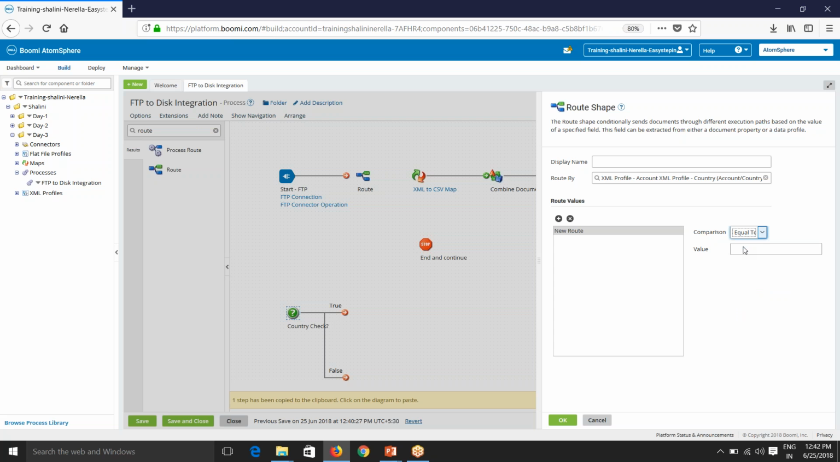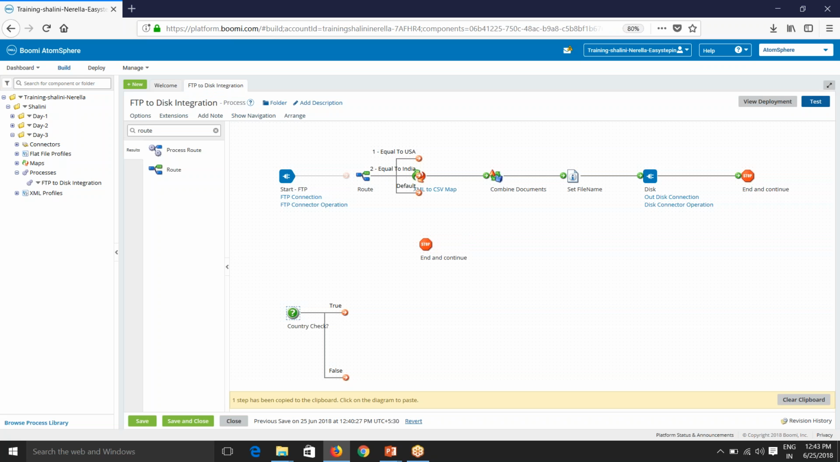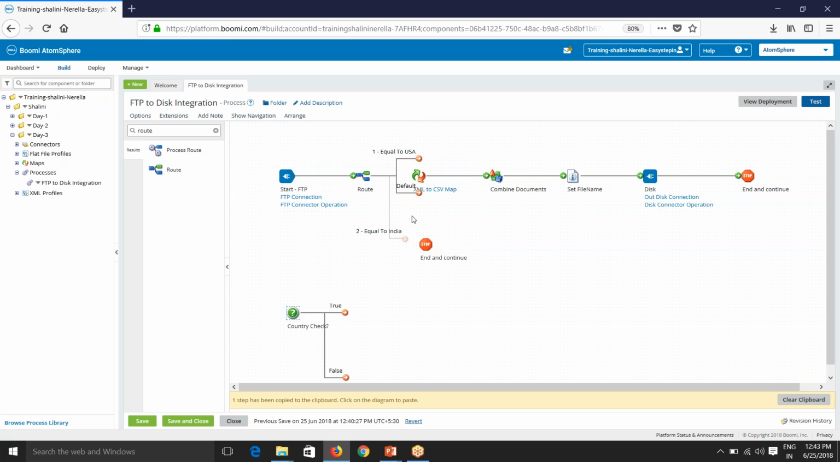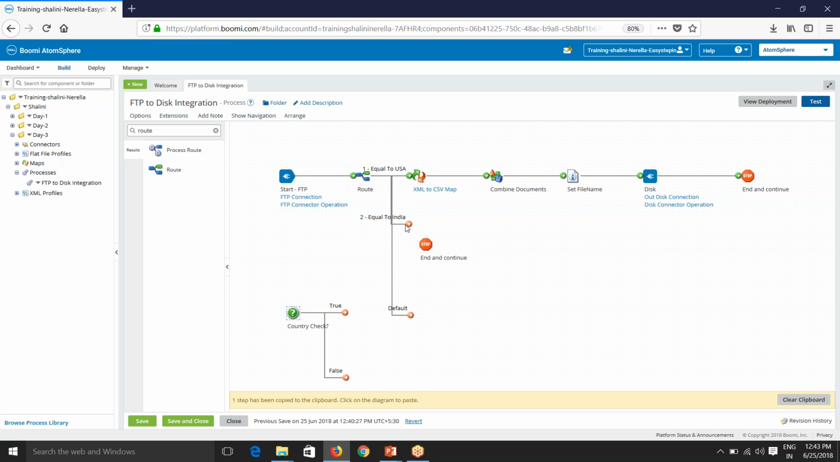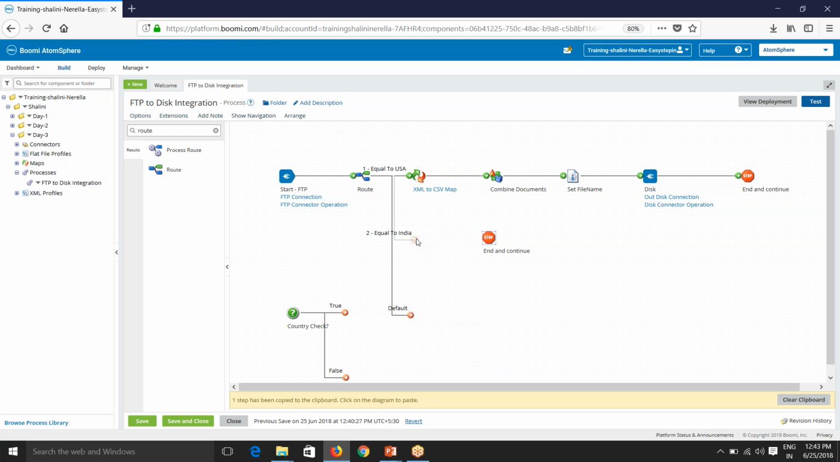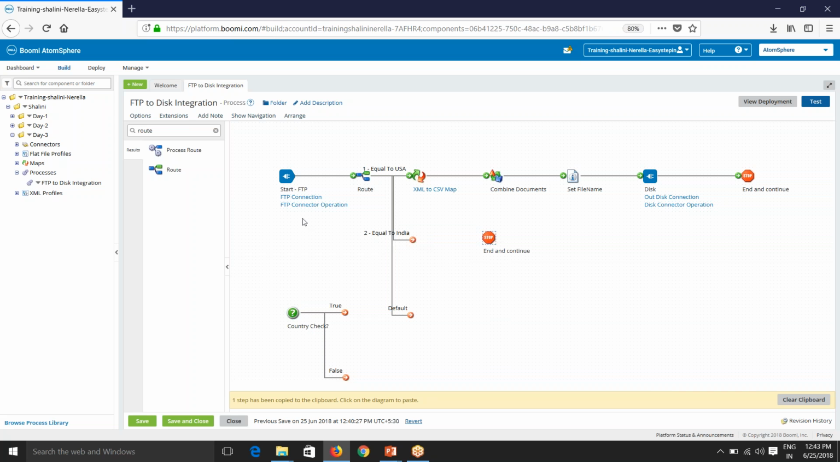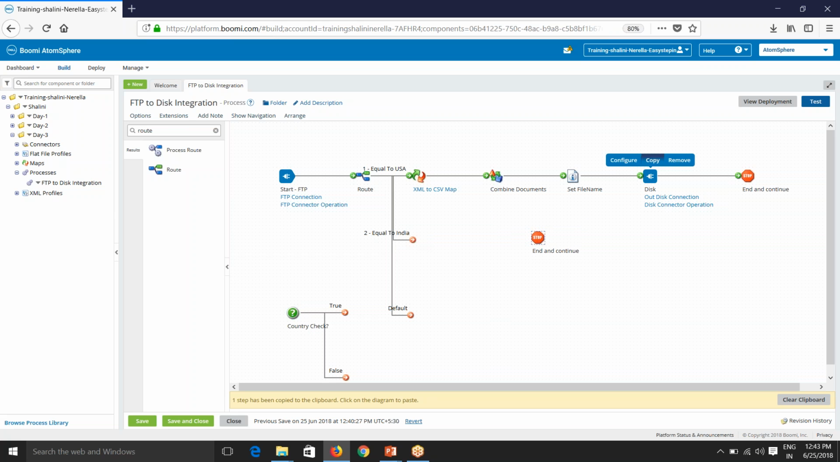So now because I want to select again, if it is equal to USA, execute one path. If it is equal to India, then execute another path. So see here, equal to USA, equal to India. So India, let me put another requirement here. Say I want to send the file as it is to disk. Okay. So now I'll copy the disk configuration here